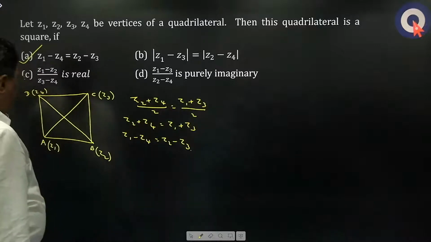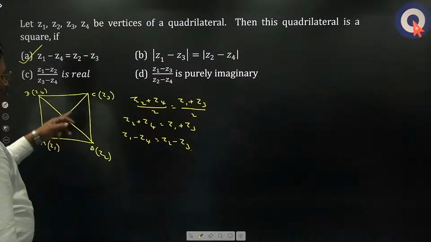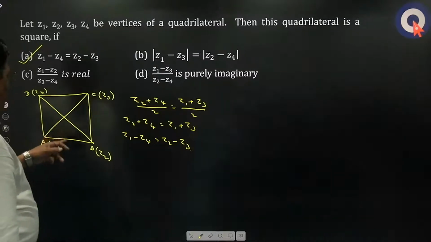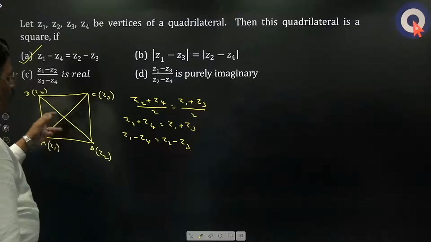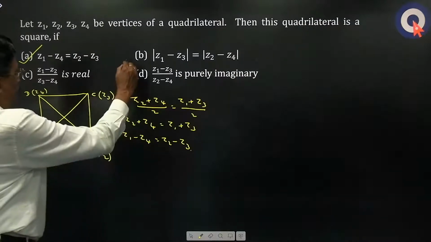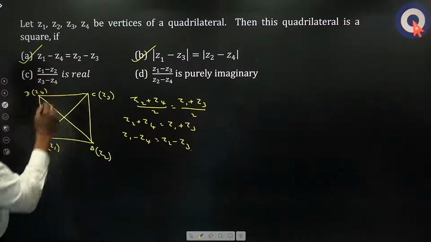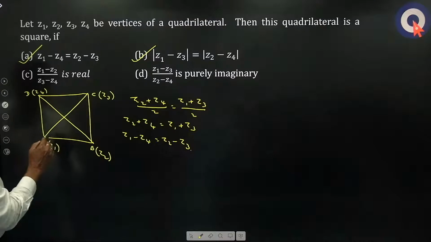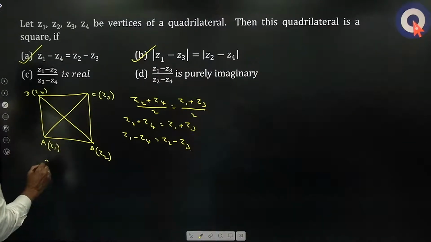All right. Next, and of course, mod Z1 minus Z3 is equal to mod Z2 minus Z4. Diagonals are equal. The lengths of the diagonals are equal. Even this is correct. All right. Next, Z1 minus Z2 by Z3 minus Z4, is it real? All right. So Z3 minus Z4. All right. Argument of